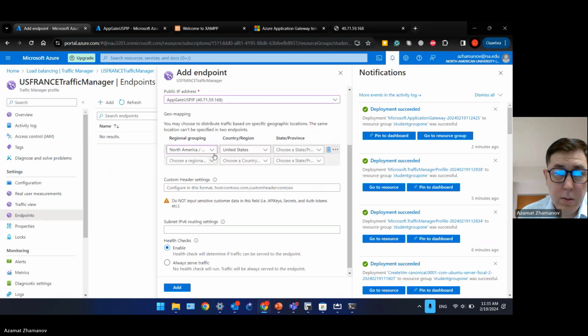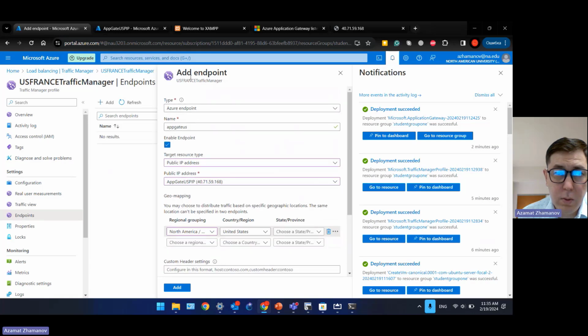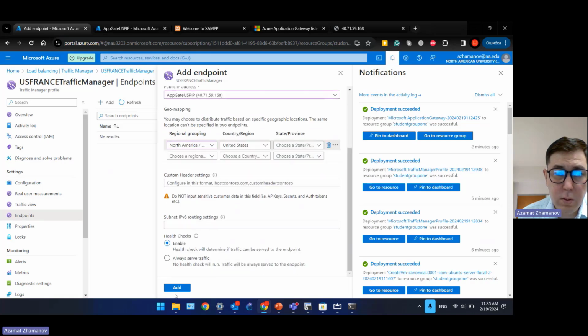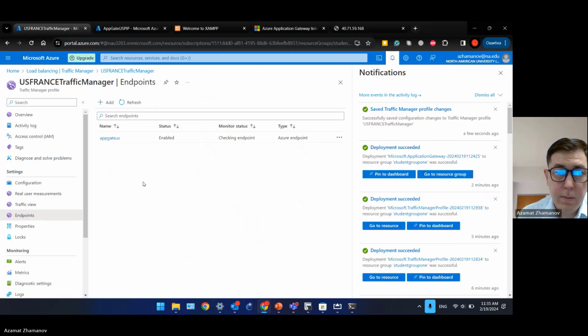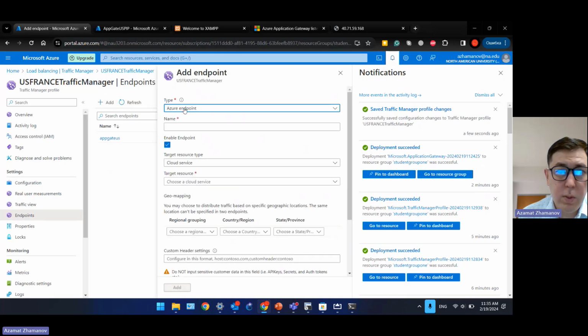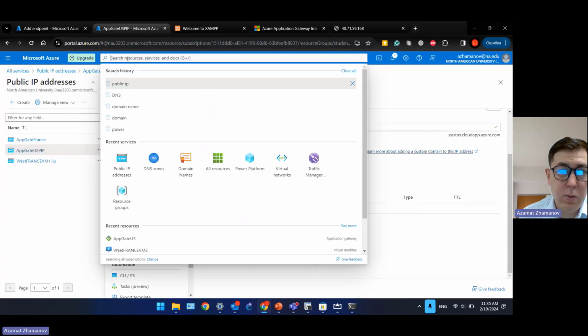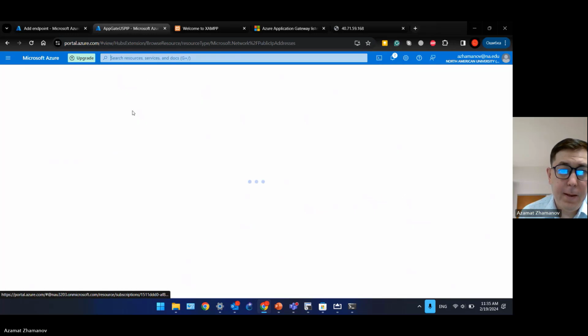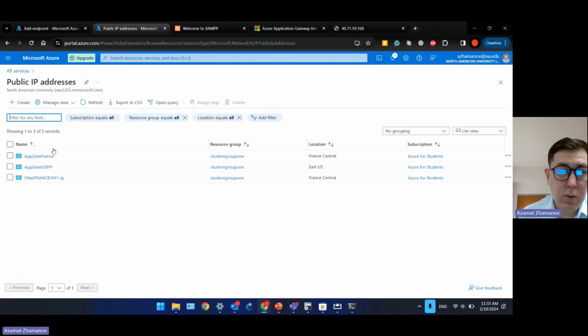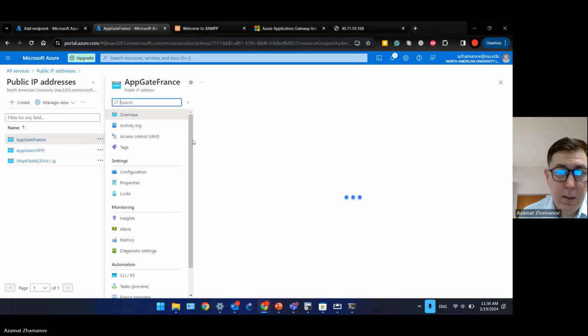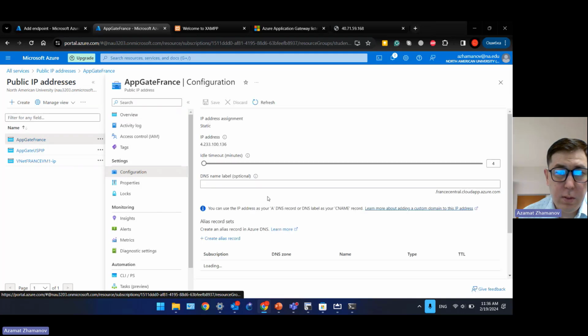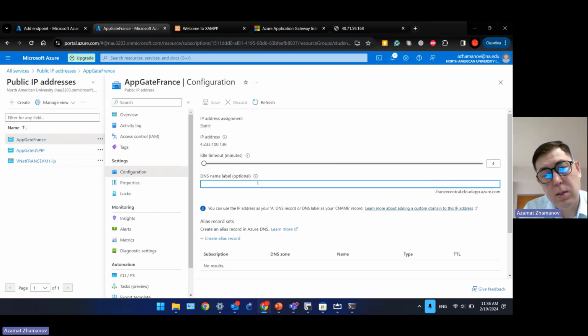Okay. And what we did here, this is our first endpoint. Let's add it. And now let's add one more endpoint. But before adding it, let's go again to public IP address. And let's configure the public IP address of AppGate France. And again, configuration. And let's say,